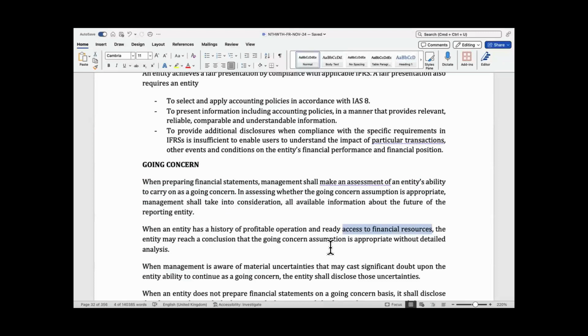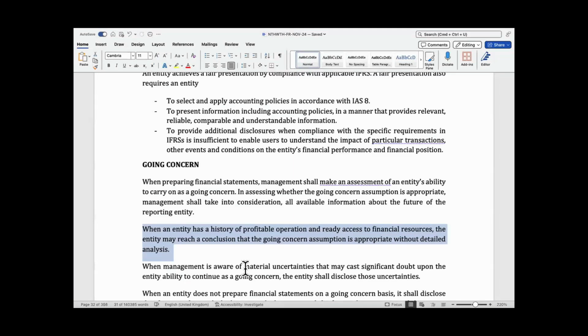If you are making profit, you have a history of making profit, and you have money, you have capital. Even if you have burnt your capital, you even have access to raise additional capital if you want, then your going concern assumption is appropriate. You don't need to tell us a lot of stories. However,